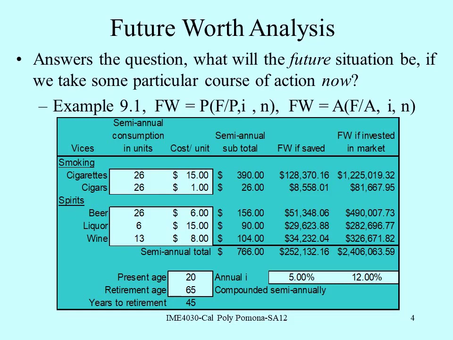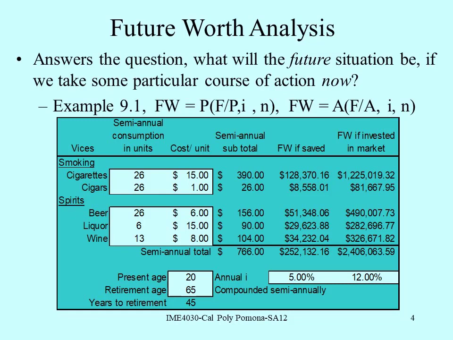And let's say we wanted to look at the future worth of some of our spending. The example we're using here is for smoking and spirits. And not that we're here to preach at you, but maybe there might be some lessons here. And how convenient that this is in the book. But anyway, it shows here that what if you spent on a semi-annual basis